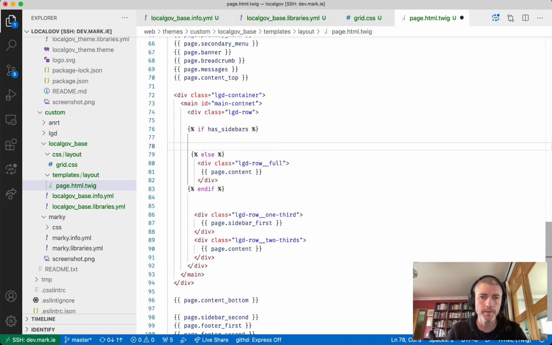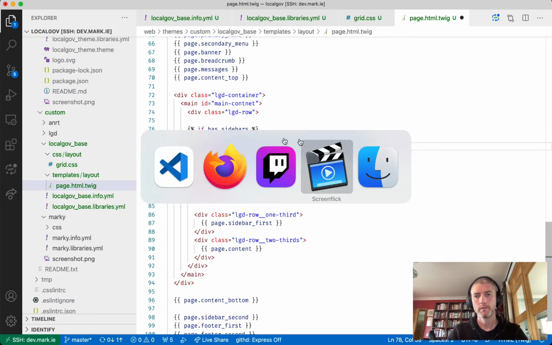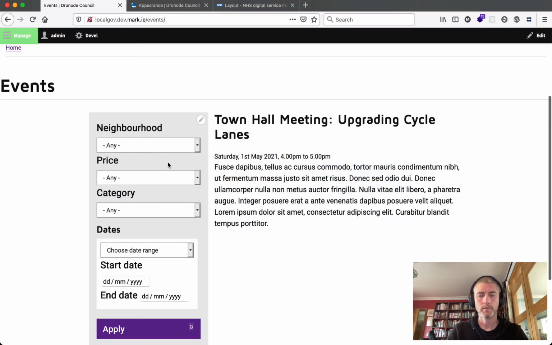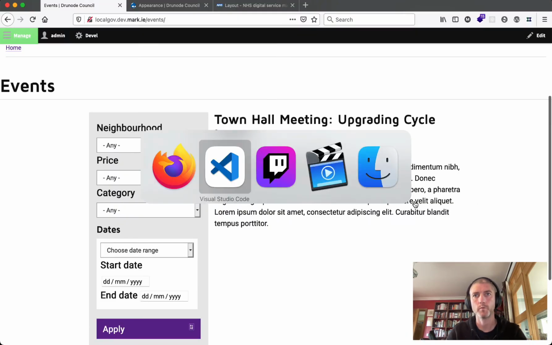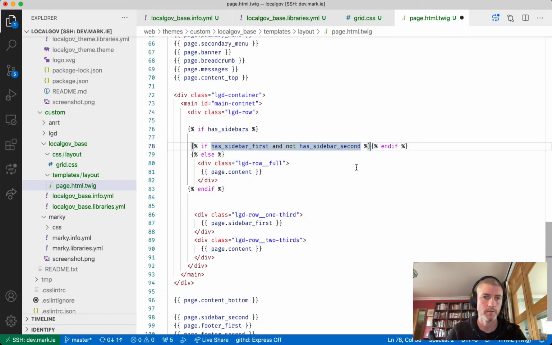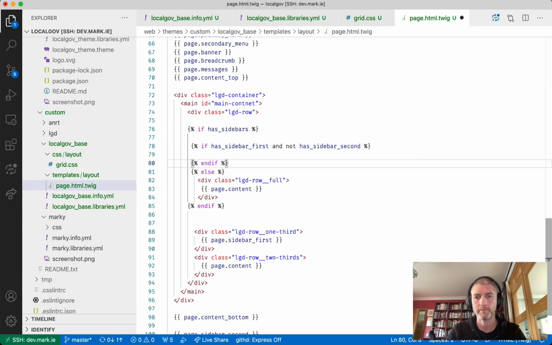So if there's a sidebar, we're going to do some stuff. What we're going to do is, if has sidebar first and not has sidebar second. So if there is a first sidebar but not a second sidebar, that's what we can see here at the moment. This sidebar here is there, but there's no sidebar over here on the second, on the right hand side. If that's the case, then we want to